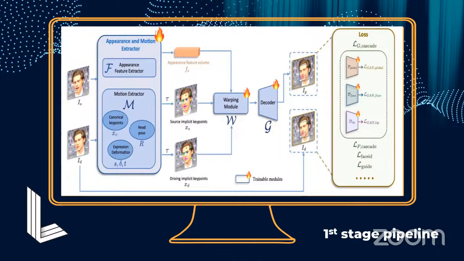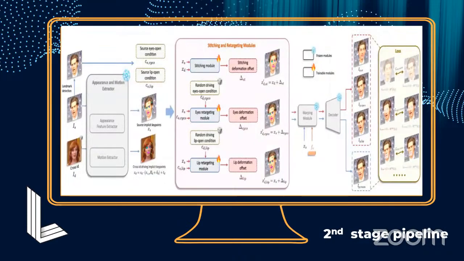Then it goes to the warping model. The warping model puts together the appearance extracted and the motion that was extracted. Then it puts everything into the decoder. The decoder is the part where the animation itself actually is generated. So yeah, over here we have as well some other stuff from the architecture. We have some retargeting modules, stitching module, eyes retargeting module, and lip retargeting model for the more control of the